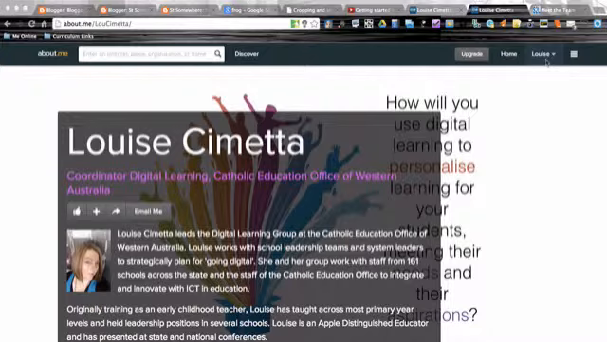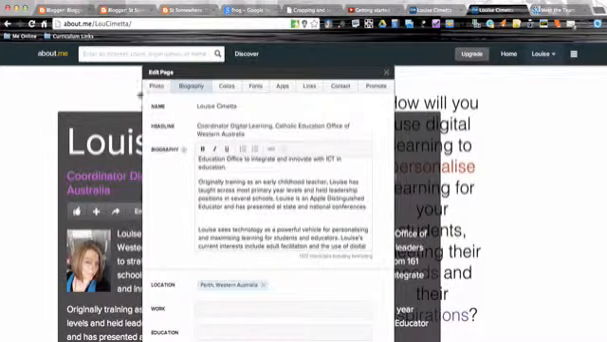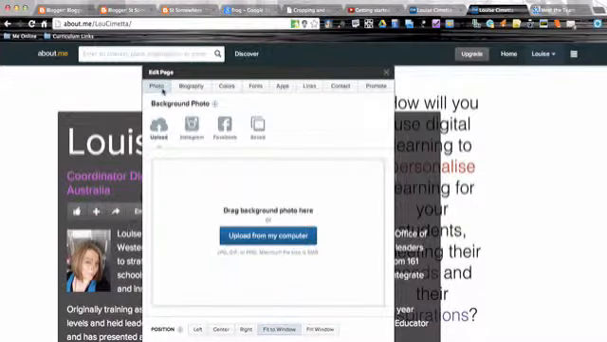Once you're into your account, you can actually go in and start customizing, and to do that we're going to go over to where your name is and we're going to choose edit page. And there are a whole heap of different items across the top here that we can customize. On the left hand side, the first thing is that background image that you have,